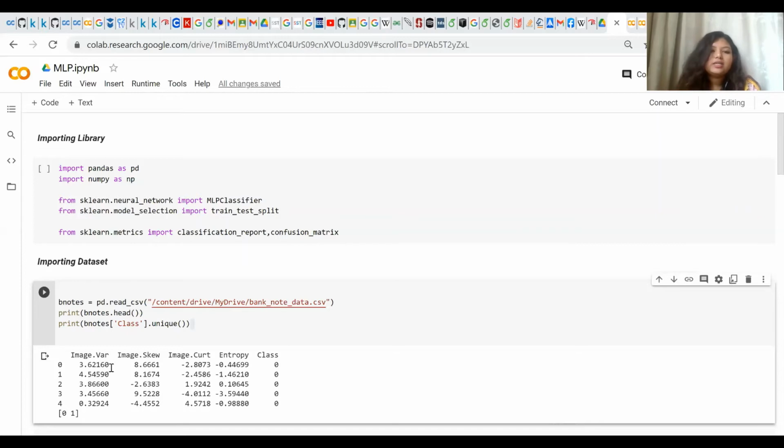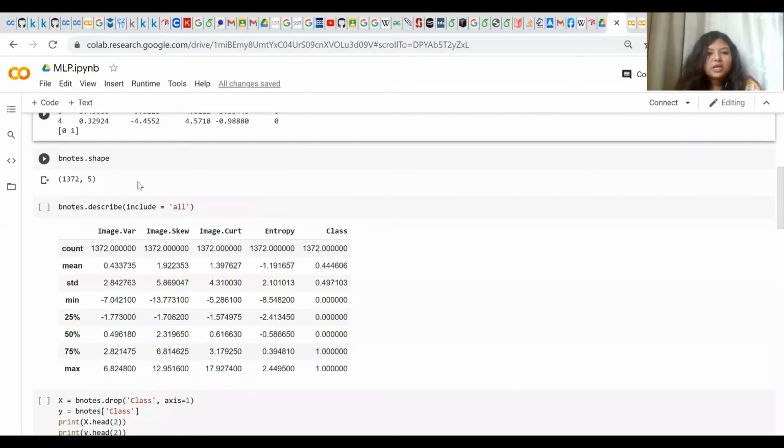We can see there are 5 attributes: var, skew, curt, entropy, and class. We are going to train and test the data on the basis of class. So we have checked the unique data in class with the bnote.class.unique command, and the unique values in class are 0 and 1. So this would be a binary classification.